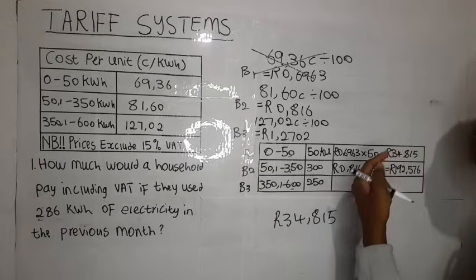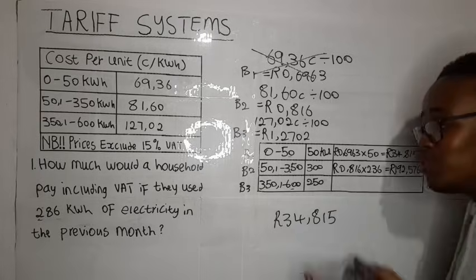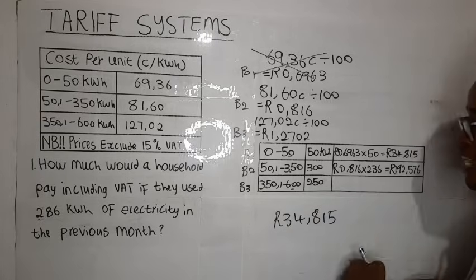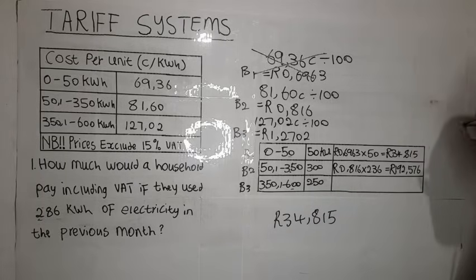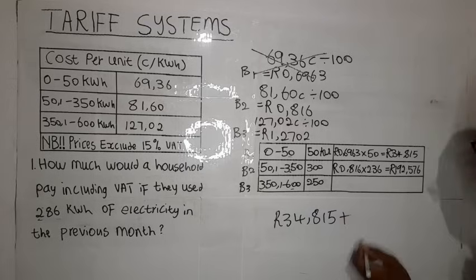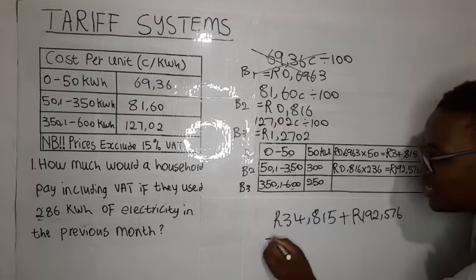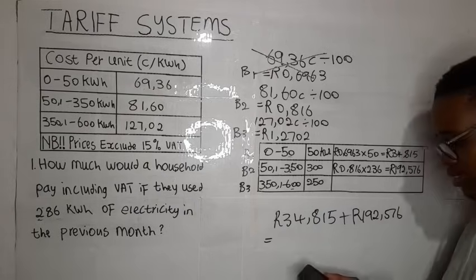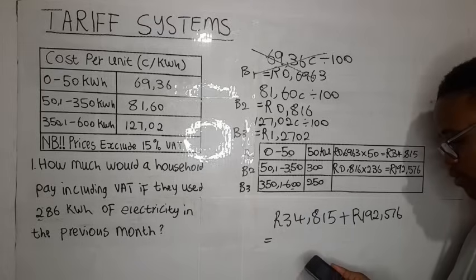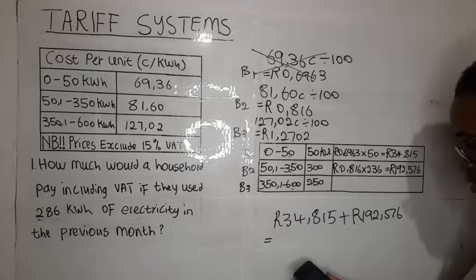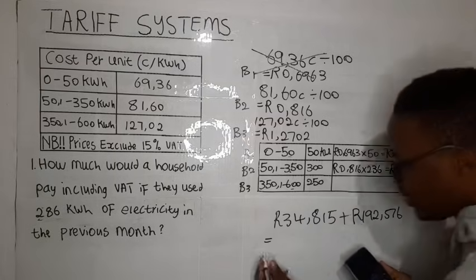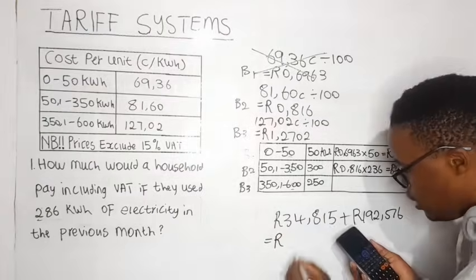So we're now going to add the amount for the remaining 236 kilowatts, which is 192.576. You add the amounts together: 34.815 plus 192.576, and all in total they give you